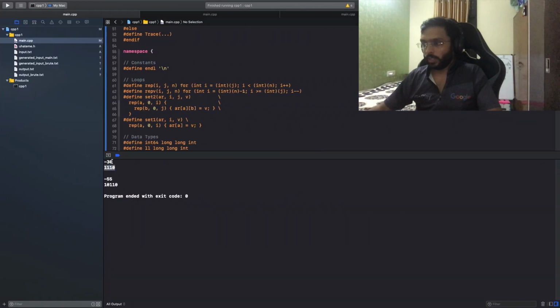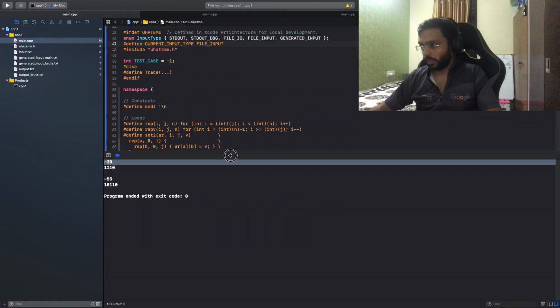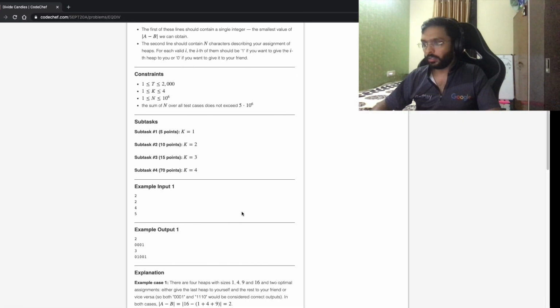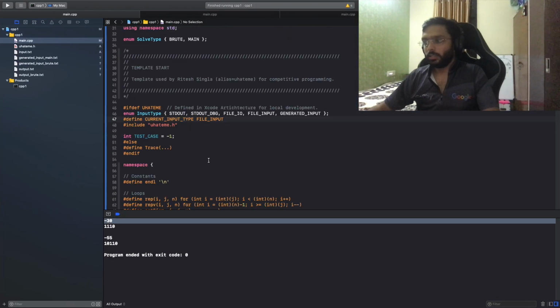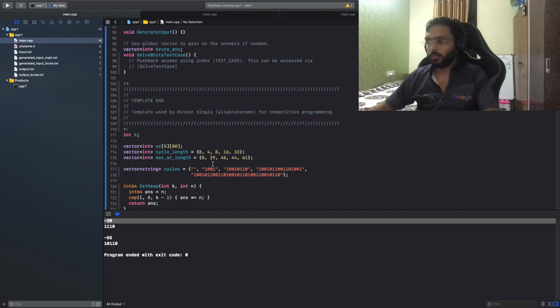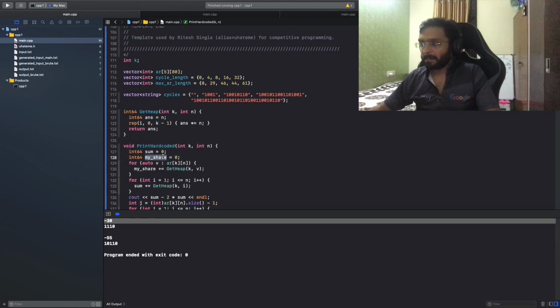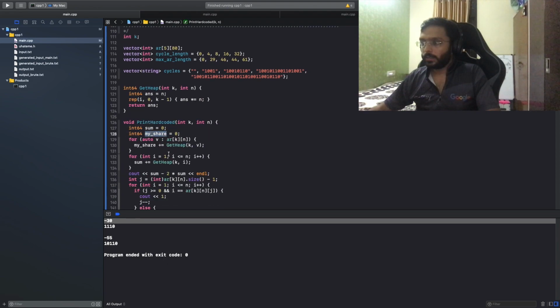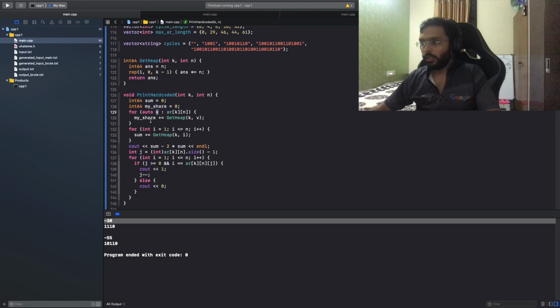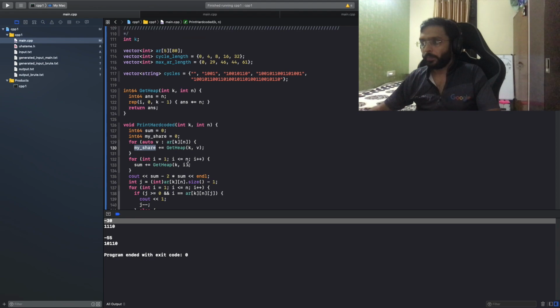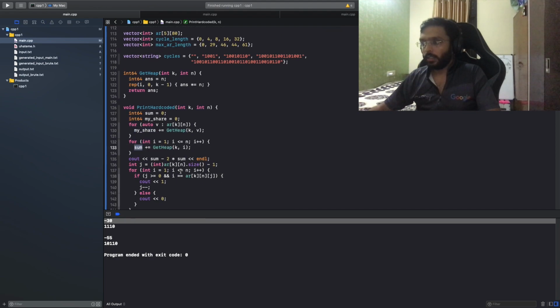It's more about why I'm getting this 30, minus 30. So let's see this. So for each value in k and n, I got the value, and this is the sum. Oh, sum, my bad.